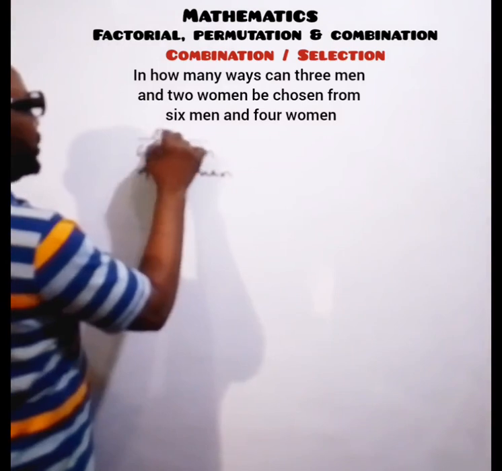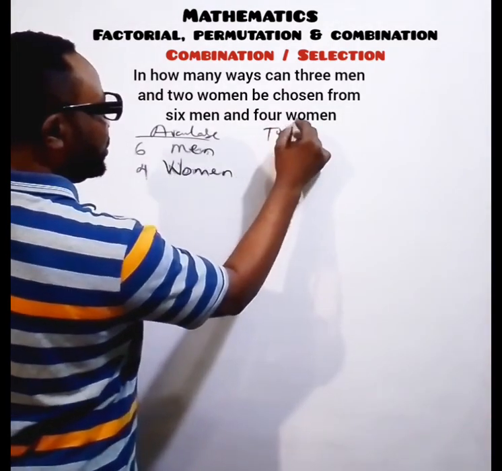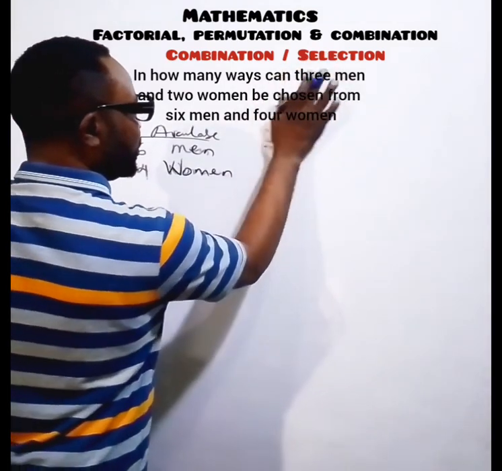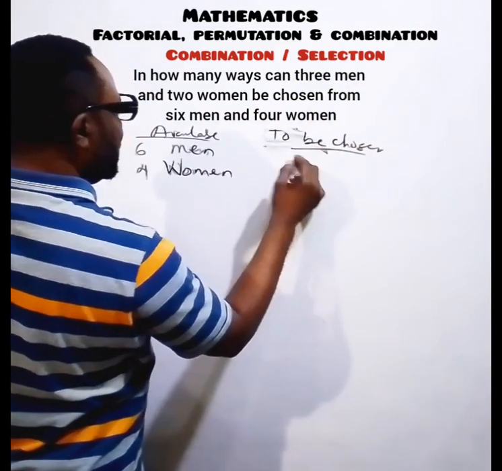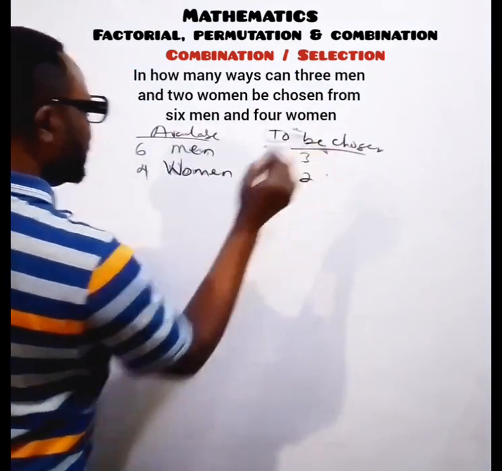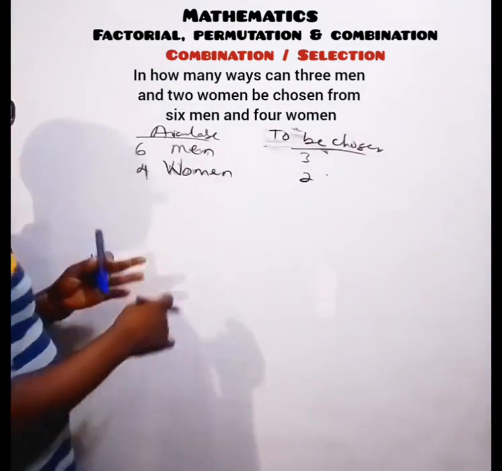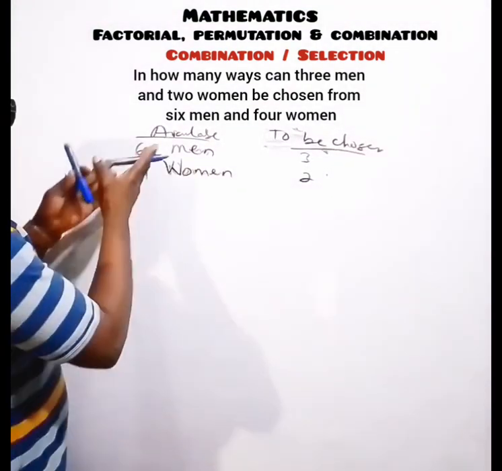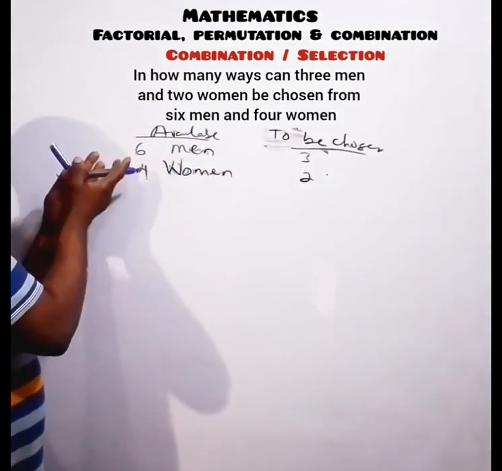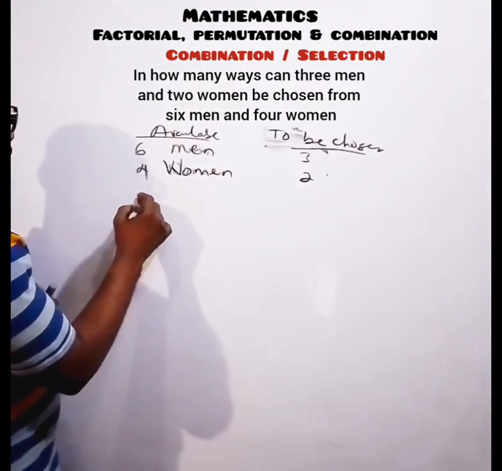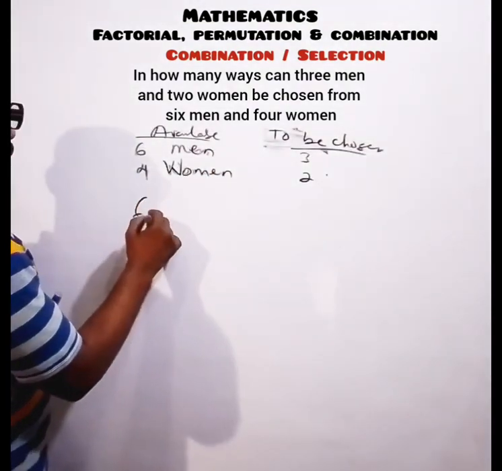To be chosen, we are having 3 men and 2 women. So we are going to just apply this rule of combination. Once they are to be selected from the available men and women, we are going to have a combination expression that will be equal to 6 combination